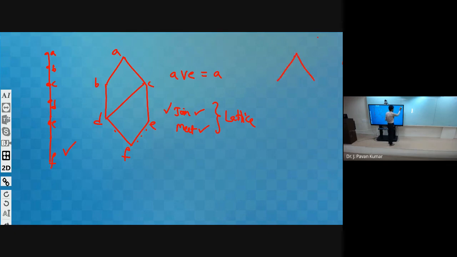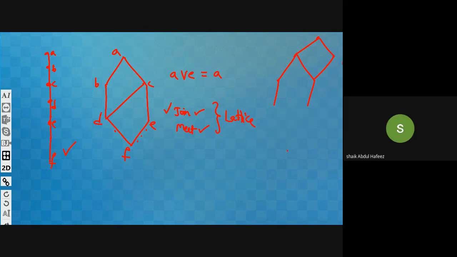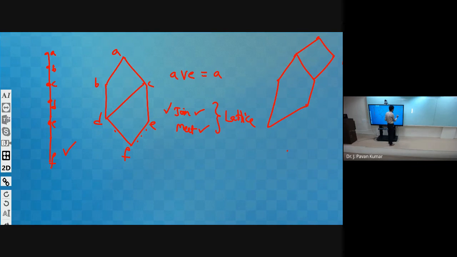Whatever the Hasse diagram that we have, if we have greatest element, what is meant by greatest element? Every element is connected to it. Such kind of greatest element if we have, then we can say join will exist for every pair of elements. Why? Because this will be the least upper bound at least. So if we have single top, maximum element, definitely if maximum element exists in Hasse diagram, then we can say it is join semi-lattice.